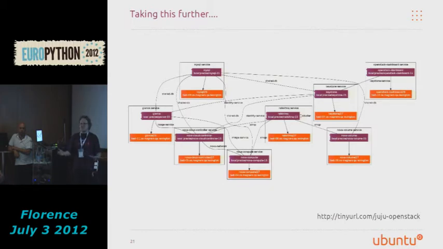This runs multiple times a day. It's facilitated through a Jenkins deployment and some Python glue code to make it all hang together. But we can deploy OpenStack into that environment in about 11 minutes for 9 servers.